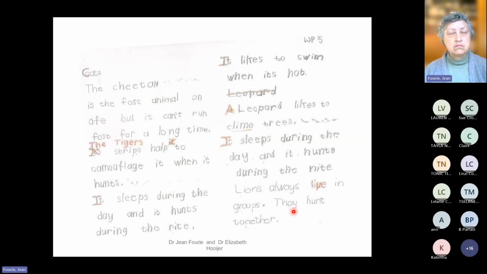The word they, phonetically quite correct, T-H-A-Y. But from a conventional English spelling, it is T-H-E-Y. So they hunt together. We will go back and do some sessions on that word. So this has given us a good indication of the exact words that we need to work on in remedial sessions going forward. Okay, so if you have learners in the foundation phase,